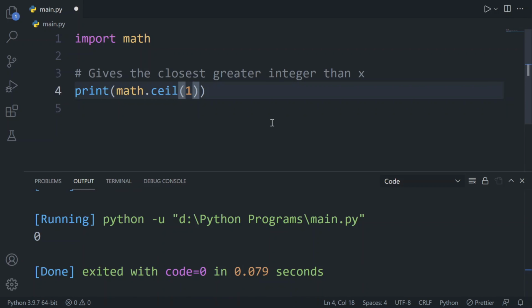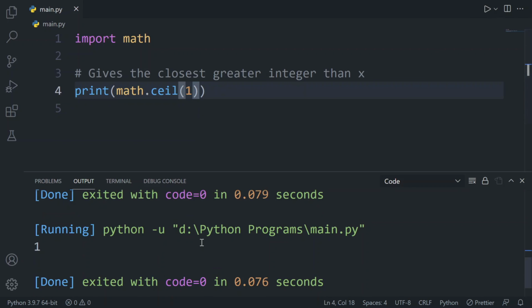If I pass 1, here you can see we get 1 as well. Okay, so it is equal to x, the value which we have provided. So it gives the closest greater integer than x or equal to x. Okay, so it will give those two values here.